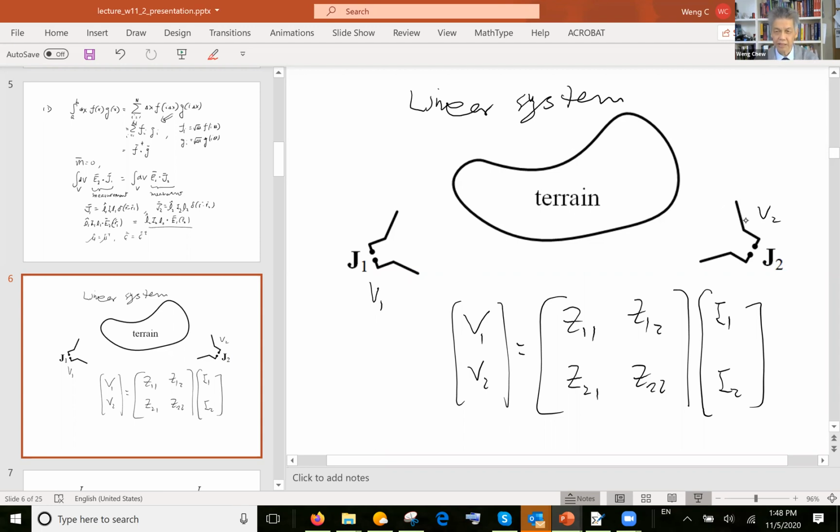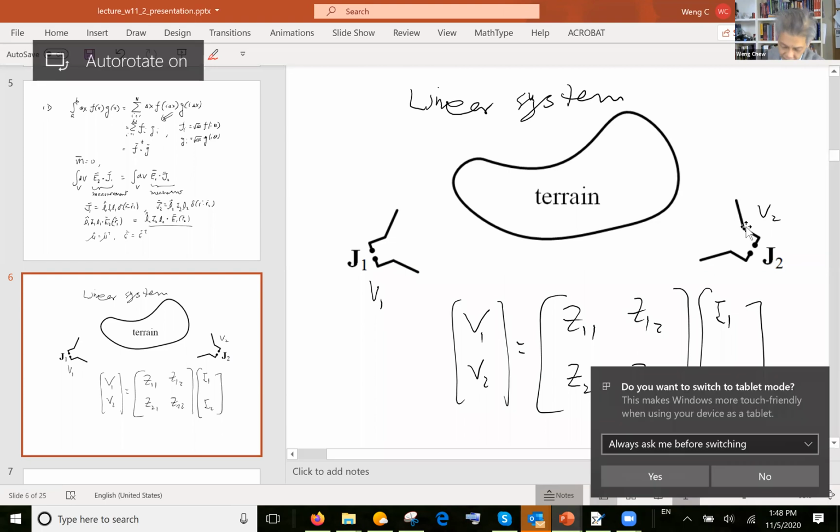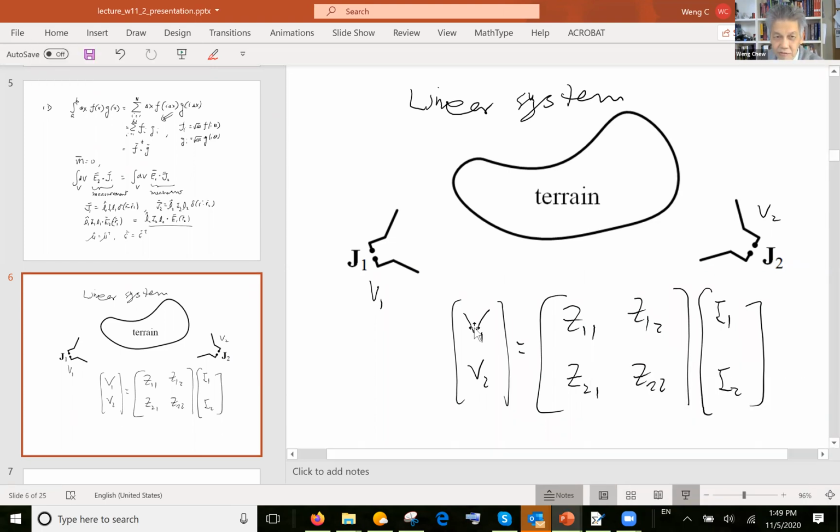In the most general way to relate a linear system, you can go and test this out for yourself, that if V1 and V2 are linearly related to I1 and I2, you can test linearity. The only way to relate them is through a matrix like this. This is a general way to relate these two variables so that the system is linear. You can actually go through the test of linearity quite easily. So that means that I can reduce this analysis of this system into just a matrix system like this that you have encountered before in matrix theory or in circuit theory. This is called the impedance matrix,